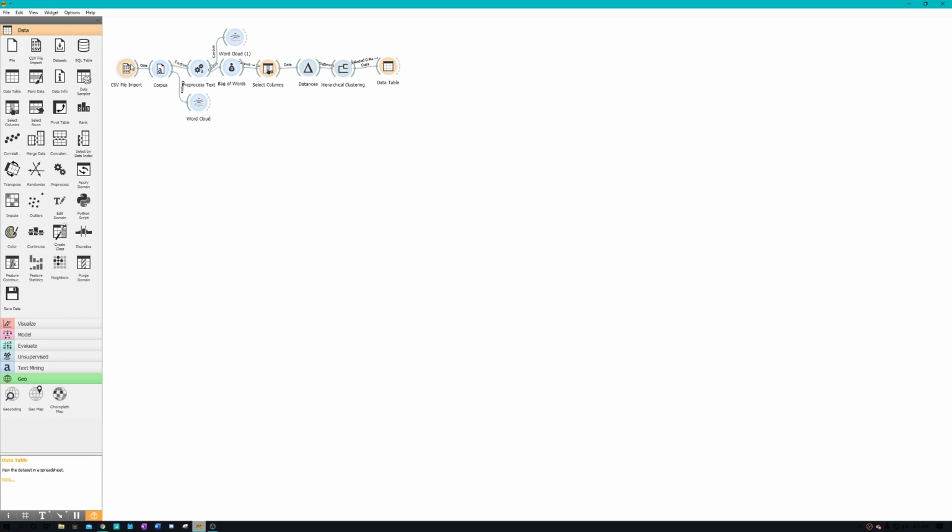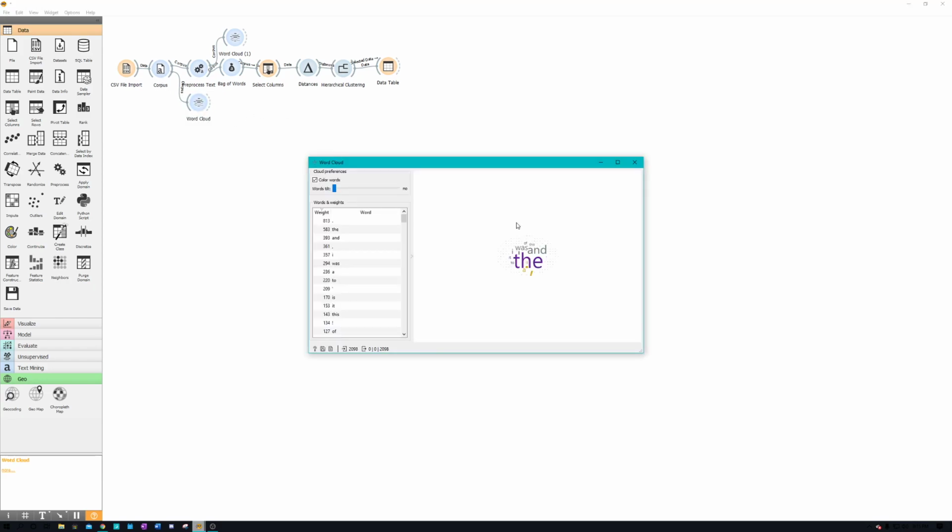So I started by importing the data in from the CSV file, which was much easier for me to get initiated into the text file. And then we use a corpus widget, which basically allows you to take information from a text file and interpret text data. And then from there, we added a word cloud, which is basically a visual representation of words,